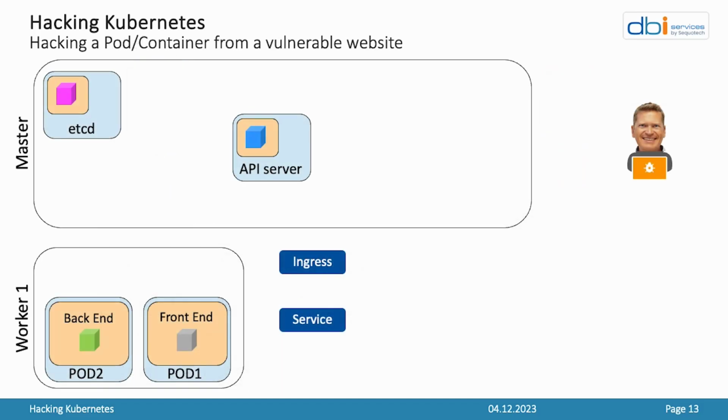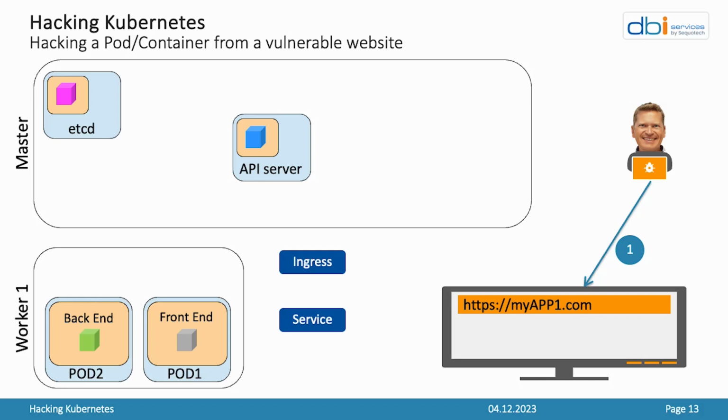So let's continue with our second scenario, where I would like to connect to one of the websites that is hosted into my Kubernetes cluster. So to do so, I just use my web browser and enter the URL of my website. This request at some point reach the ingress object of my Kubernetes cluster. So this object is just going to parse my URL and find the service that is going to serve that